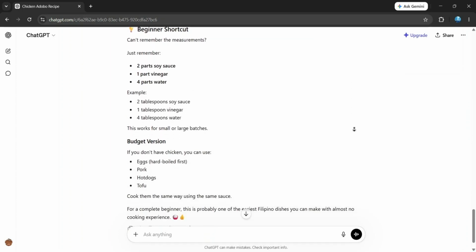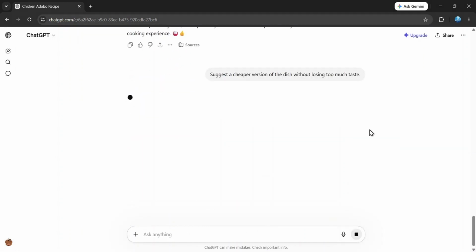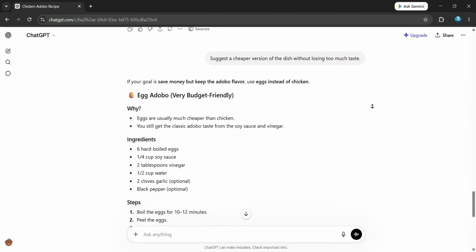I click on the prompt box one last time for a budget alternative. I type, suggest a cheaper version of the dish without losing too much taste. And hit send. The system responds with an egg adobo recipe, listing 6 hard-boiled eggs with the classic adobo sauce